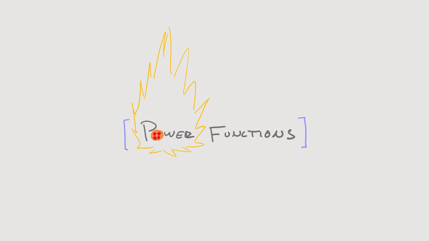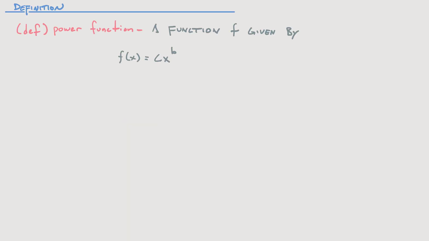Today, we are going to be talking about power functions. Now, we're going to start off with the definition, which says that a function f given by f of x is equal to c times x to the b is a power function. C and b are both some real number constants, so you've got x being raised to a real number power,